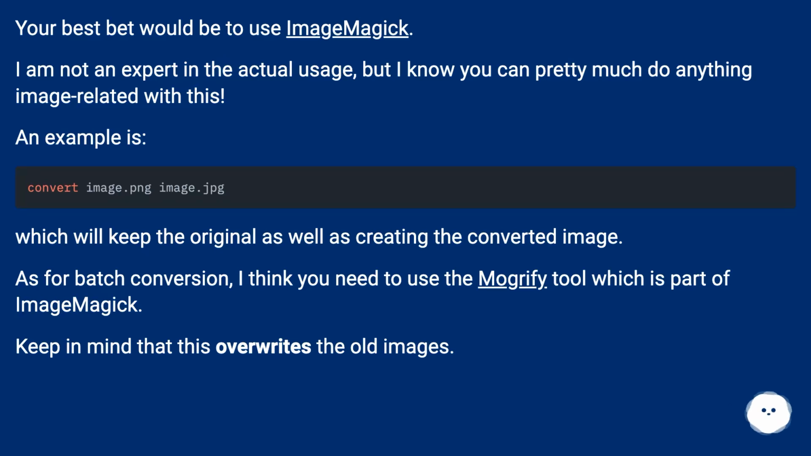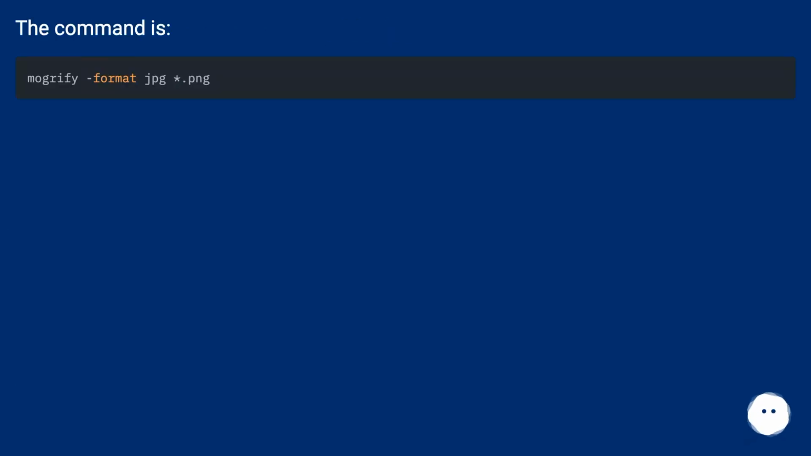As for batch conversion, I think you need to use the Mogrify tool, which is part of ImageMagick. Keep in mind that this overwrites the old images. The command is